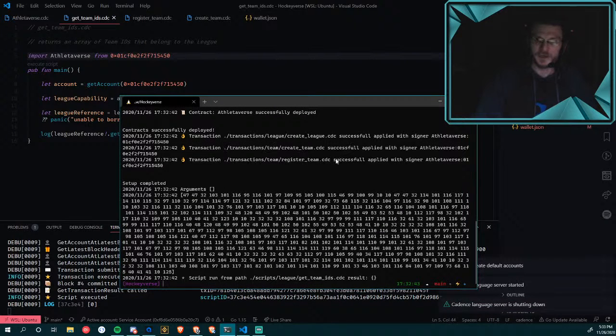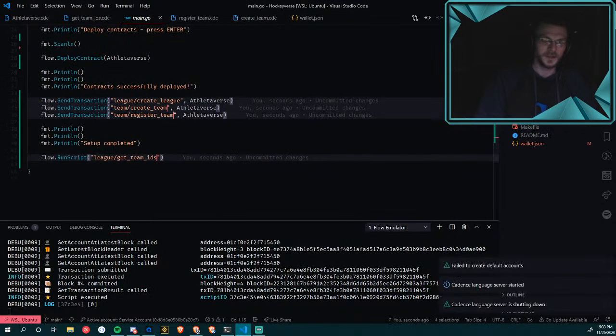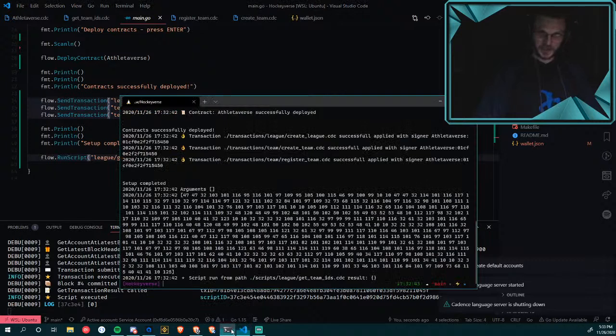But yeah, my 3 transactions are being successfully applied. That's great. We're getting our setup completed message, which tells us we're getting there. Then we're running our script and we're logging whatever this is. We're seeing down here, okay, cool. Sorry, this is some output from our script itself.